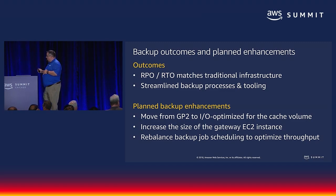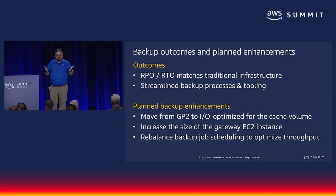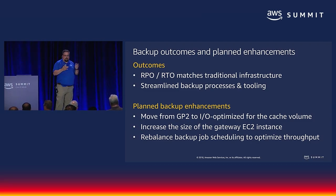A few enhancements. We want to boost the I/O capabilities of our cache volume. So we're going to go from GP2 to an I/O optimized volume on that. And we're likely going to increase the size of our gateway EC2 instance from an M4 extra large to a larger instance. Right now, we've got several SQL instances backing up to this, and we want to keep one single namespace in the environment. So rather than having additional gateways out there, we want to just grow the size and